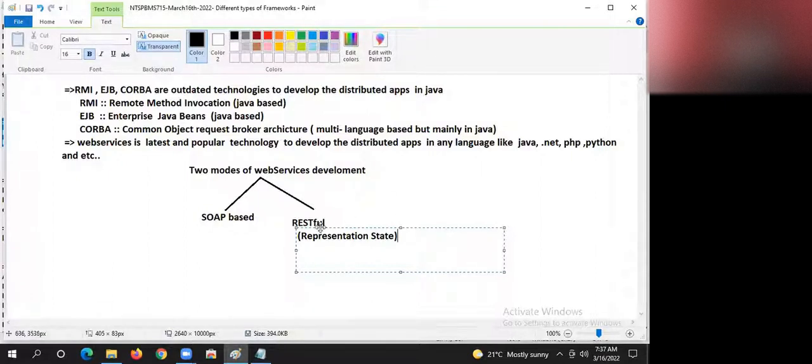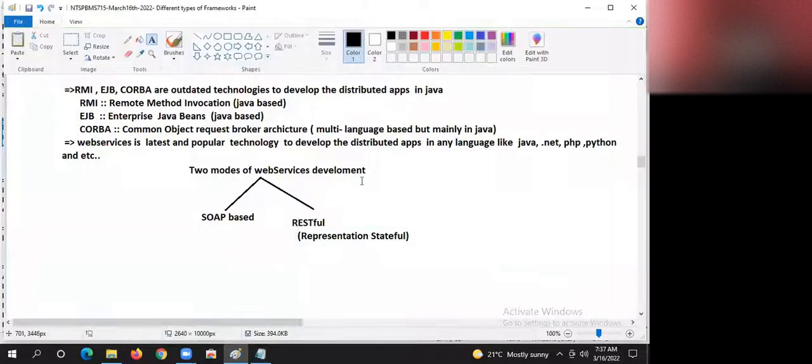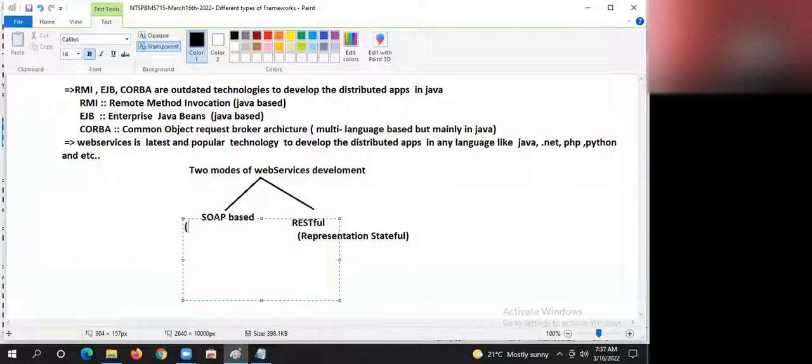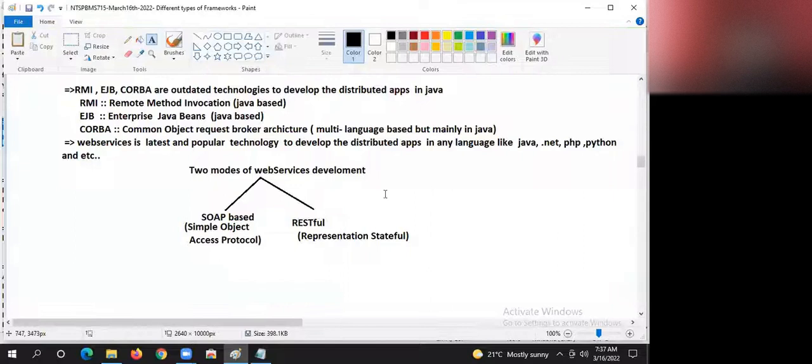RESTful web application, representational state, or we can say stateful. Okay, guys, now listen carefully. SOAP means Simple Object Access Protocol.